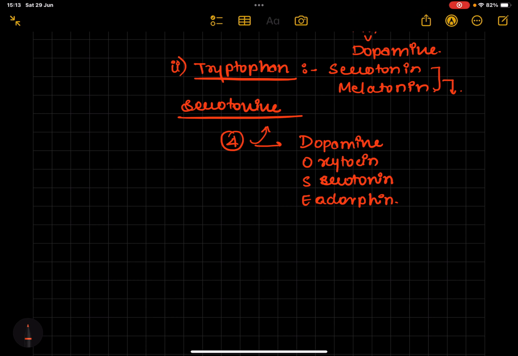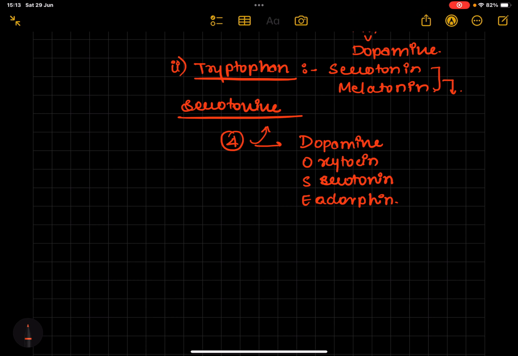So at around 9:30 p.m. the serotonin stimulates the pineal gland कि तुम melatonin release करो, and the melatonin is highest at 2 to 4 a.m. and it decreases by 7:30 a.m. So the serotonin is giving signal to the melatonin that you have to secrete at this time or you have to decrease at this time. So both are involved in the sleep wake cycle. And the main source of serotonin is GIT, enterochromaffin cells.